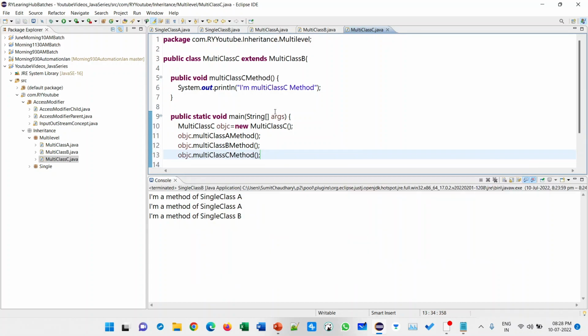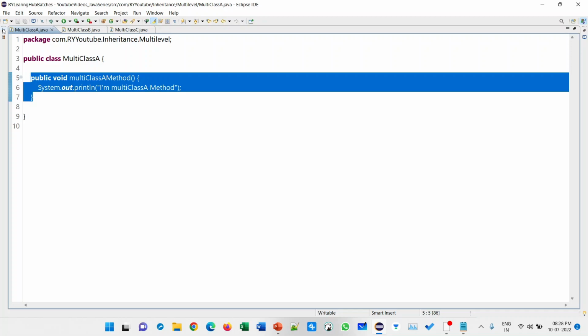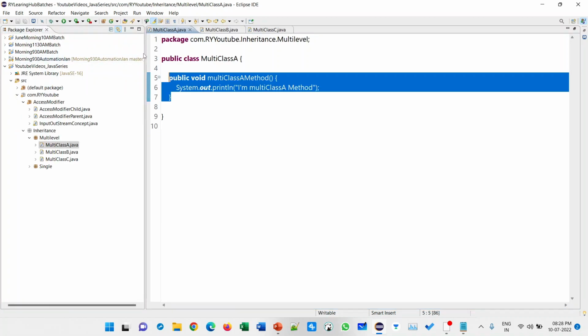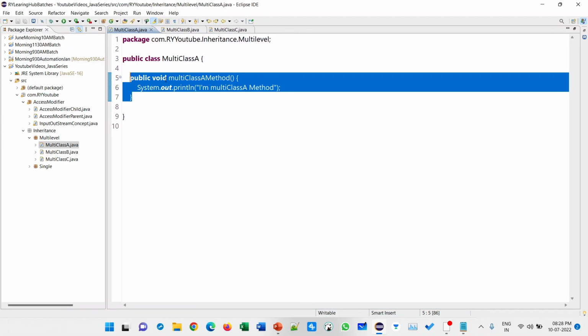Now A is a grandparent. This is a grandfather.